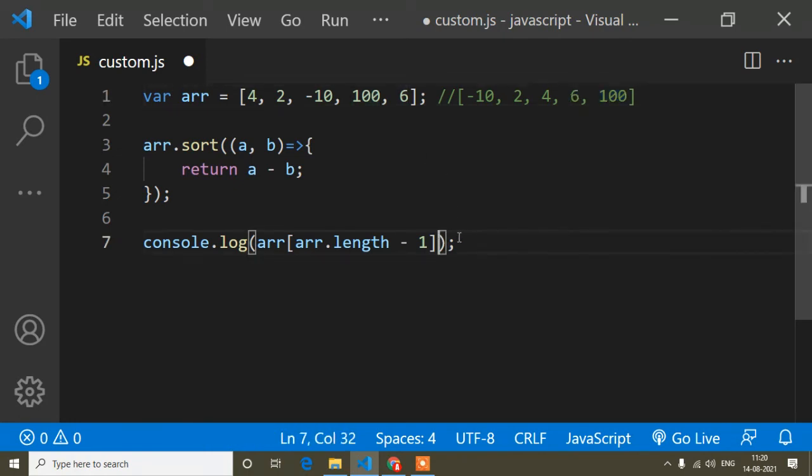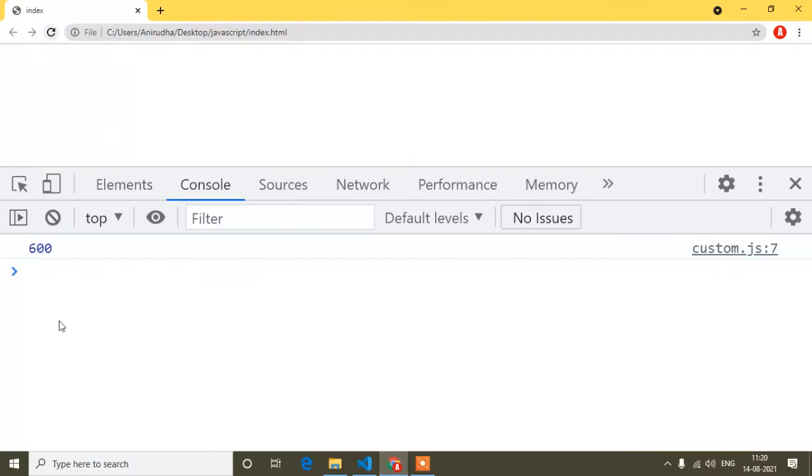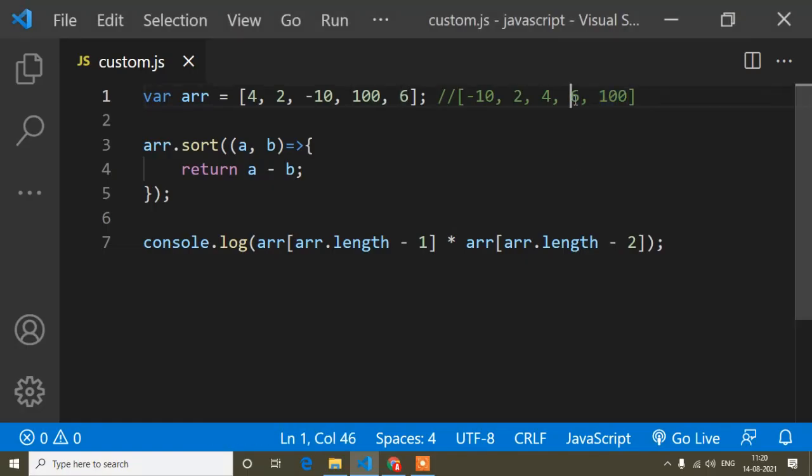So here we do it very simply, with a multiplication, and I copy this one: when I do minus 1 I get the last value, and if I do minus 2 I get this one. Just refresh, and you can see 600, because 100 into 6 is 600. So the maximum multiplication in the array is 600.